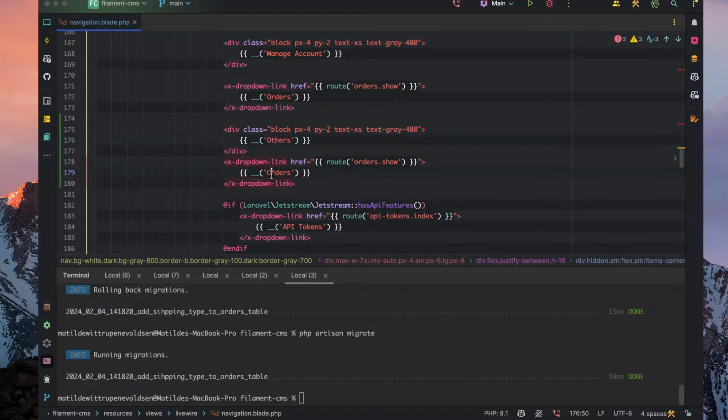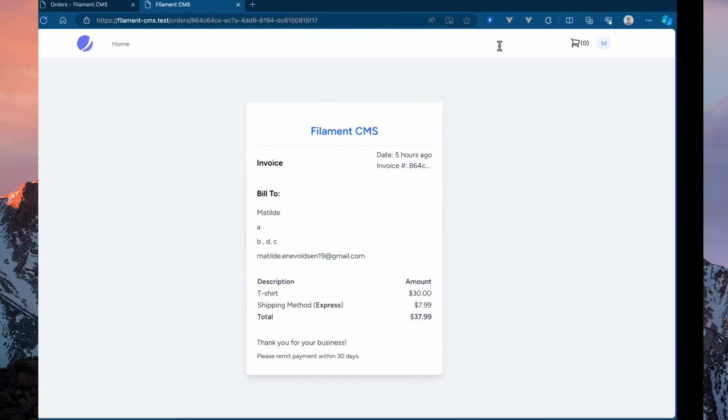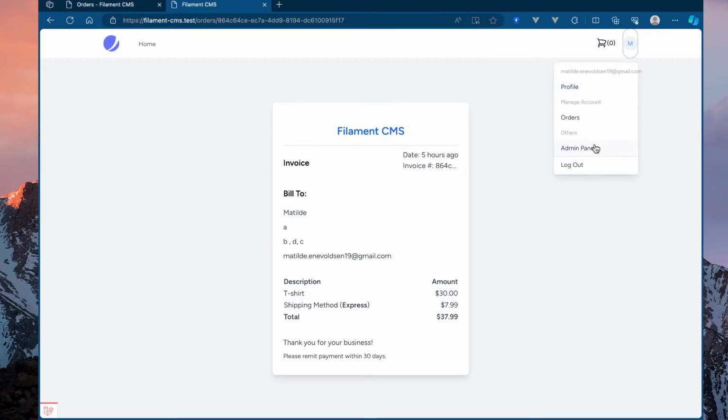Yeah, let's add in others and then admin panel. And for now with this, I'm just gonna pass this through without a wire:navigate because that will not work very well. And I've just put this to the admin page or whatever your panel is called. So if I go ahead now and click here,